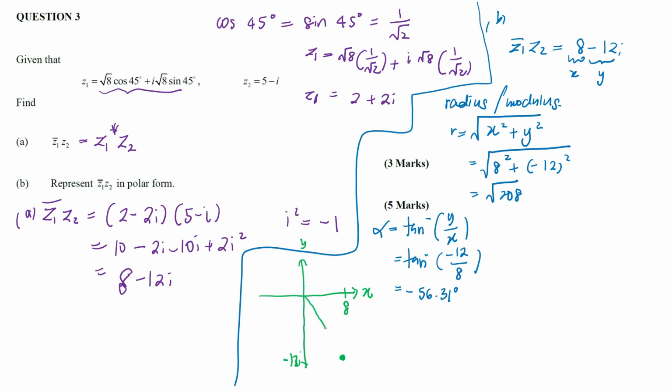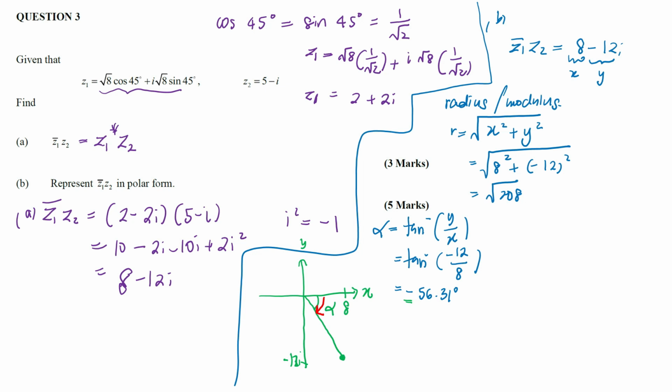So we can have one acute angle we call alpha. Okay, so alpha here we get a negative. So negative means